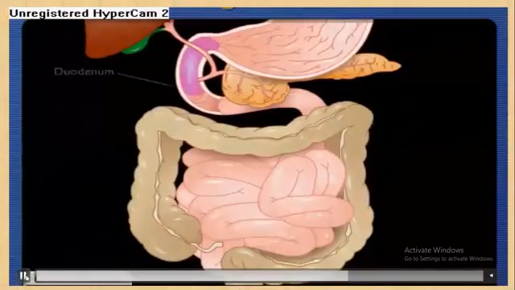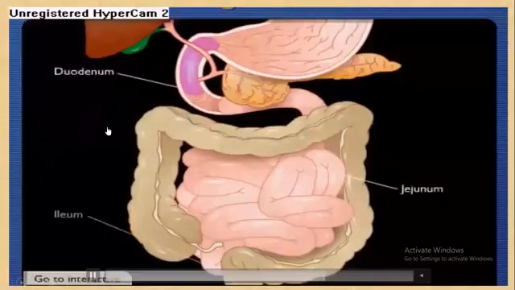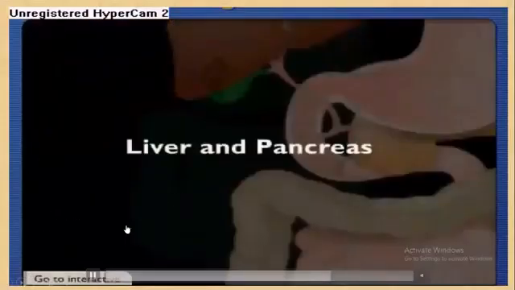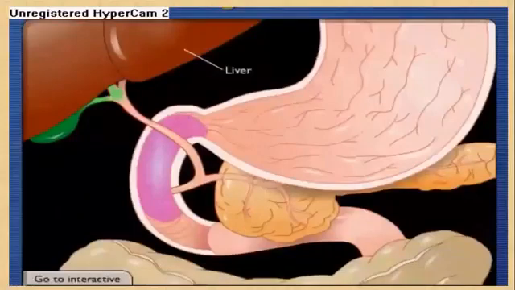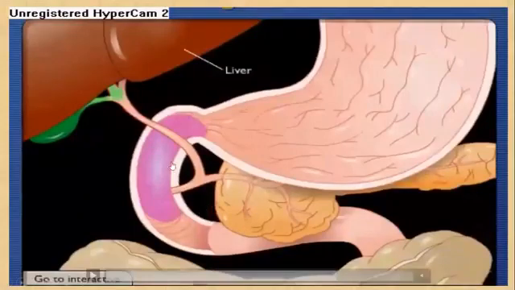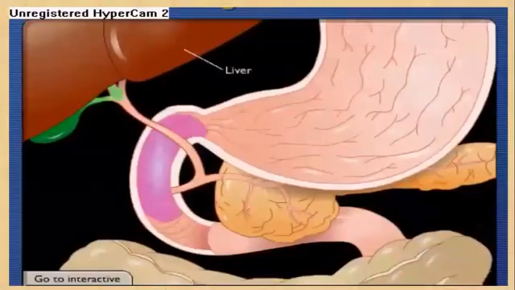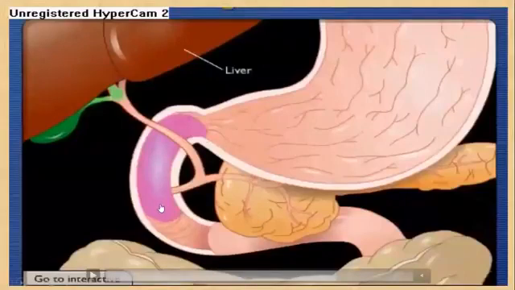the part from the stomach to the intestine, and that is called the duodenum. We know that the small intestine has three parts: the duodenum, then the jejunum, and the last one is the ileum. The total small intestine is 6.35 meters long, and when the food material enters the duodenum, then the bile is secreted from the